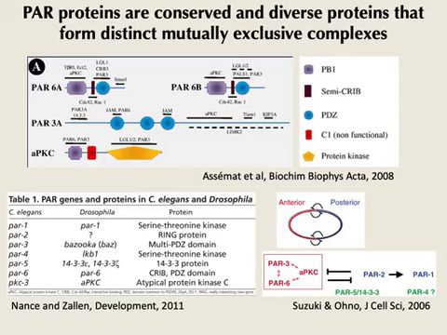Sorry about that. As you see here, you have PAR1 and PAR2. Those are more specific to C. elegans, especially PAR2. There's no homologue that was found in other species, really, but it's part of the C. elegans machinery. And those guys tend to localize on the posterior side. And then you have some other proteins which are not really localized. They are found throughout the cytoplasm. And as we'll see, they contribute to the crosstalk between the two.